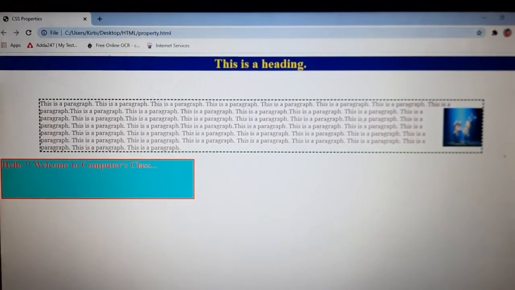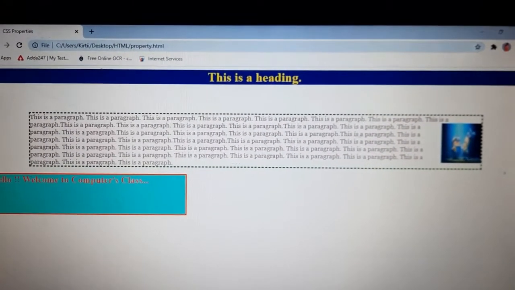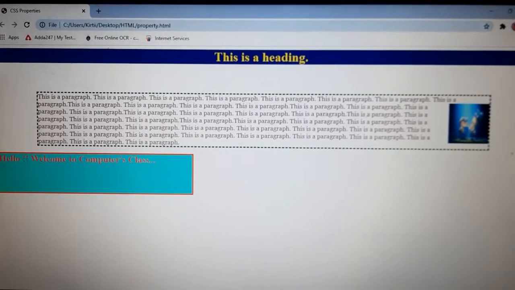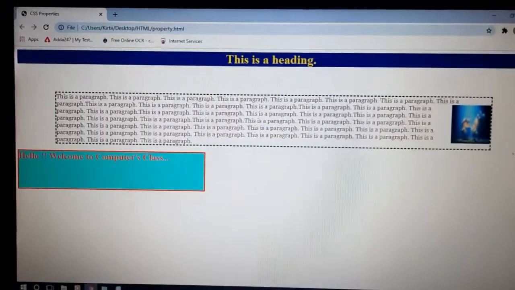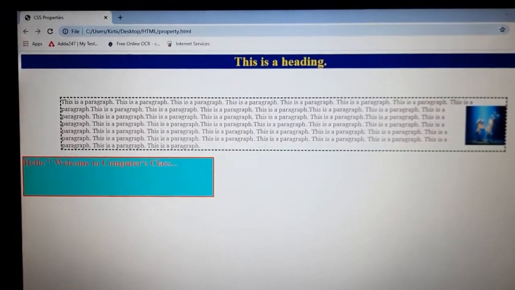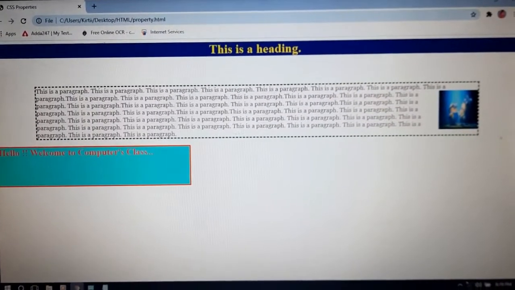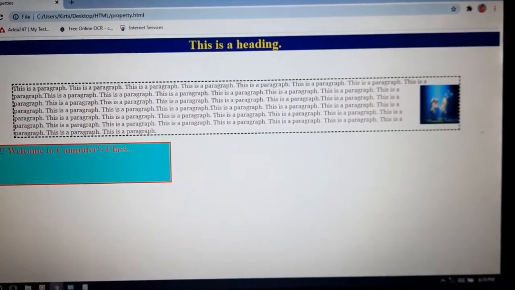Many properties are there, so by using these kinds of properties you can make your HTML documents more effective. So now your chapter and your syllabus is completed. From next week we will start revising the syllabus of the computer from the starting, means from unit 1, and you will be given the questionnaire of the unit.